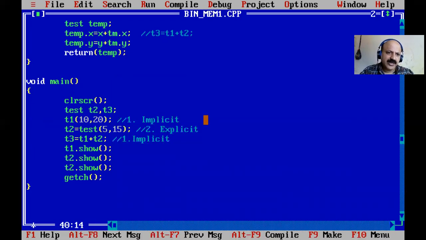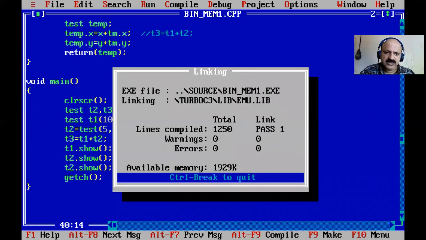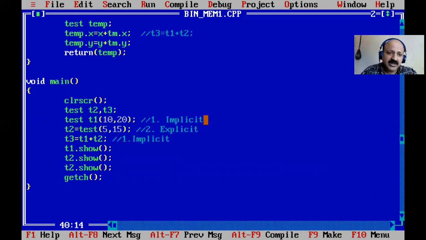So here we can write a type of statement like test, and that is one way. So let us check whether that works or not. Yes, there is no error. So directly we cannot write t1 because that is not understood. So when our object is created, at that time implicit calling is possible, otherwise it gives an error.